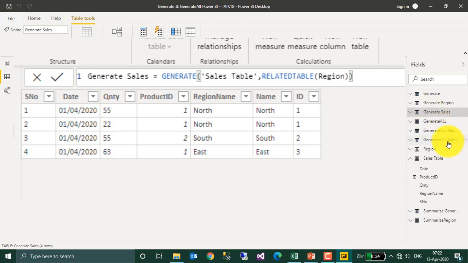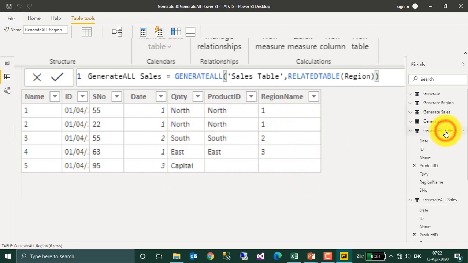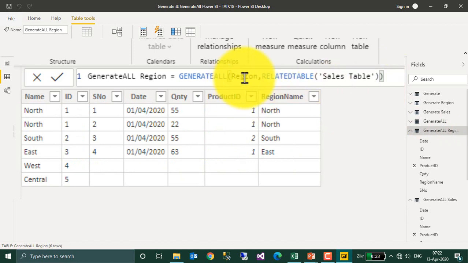Whereas if you look at generate all sales, it returns all the sales including the capital value, but it has not returned west and central, because they are not in the first table. So in generate all region, the base is region, it has returned all the regions, and for the sales table it has returned null.